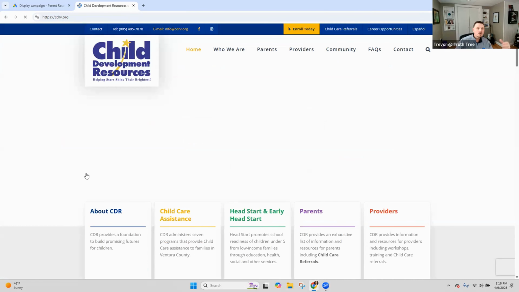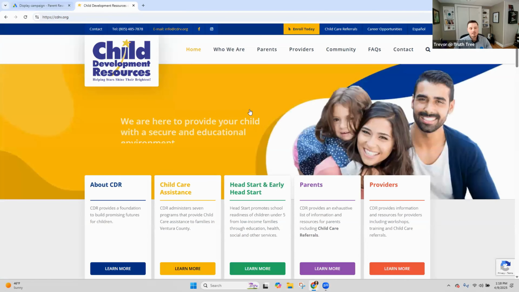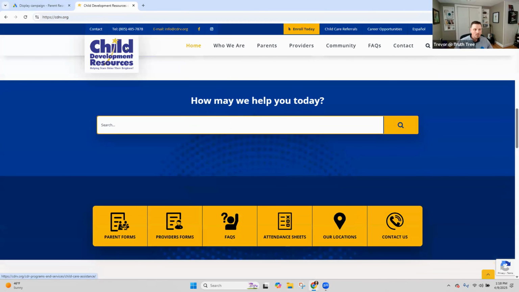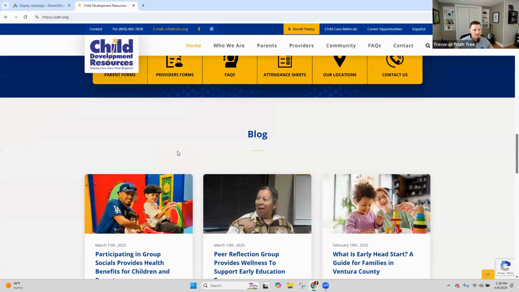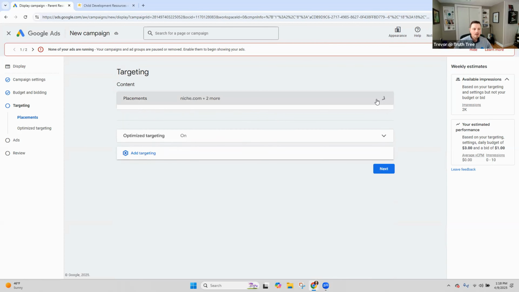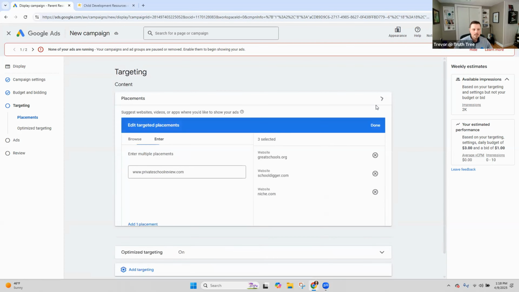And then really the only way, you can test it within display campaigns, but I think going on the site itself, because it's not always accurate when you're on here, is to go and try to see if they, number one, accept ads, like ads that Google ads, not ones that they say you have to pay us and we will put that on here by ourselves. So I think that is really important. Not only the placement, but